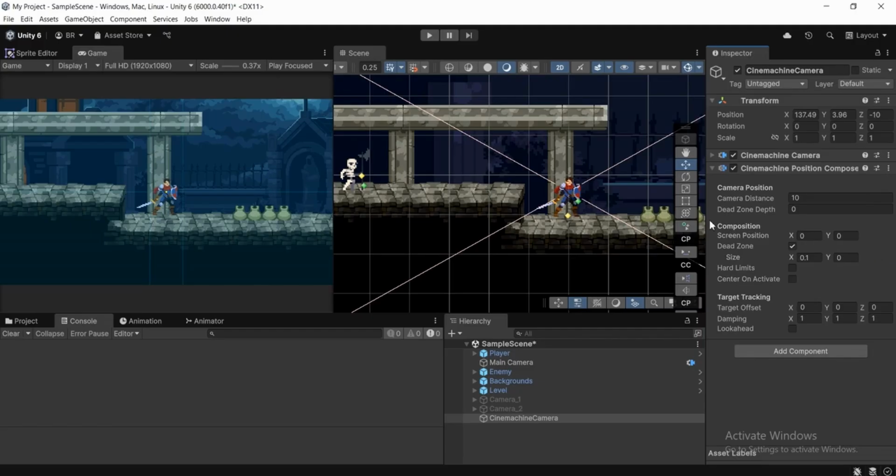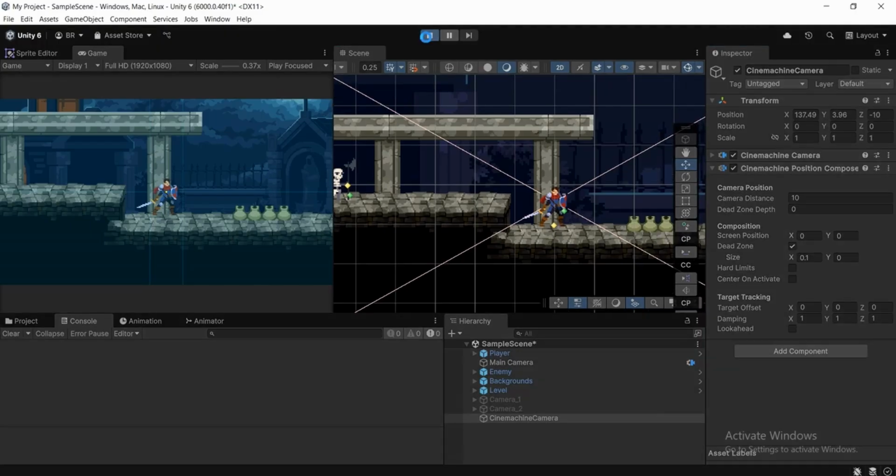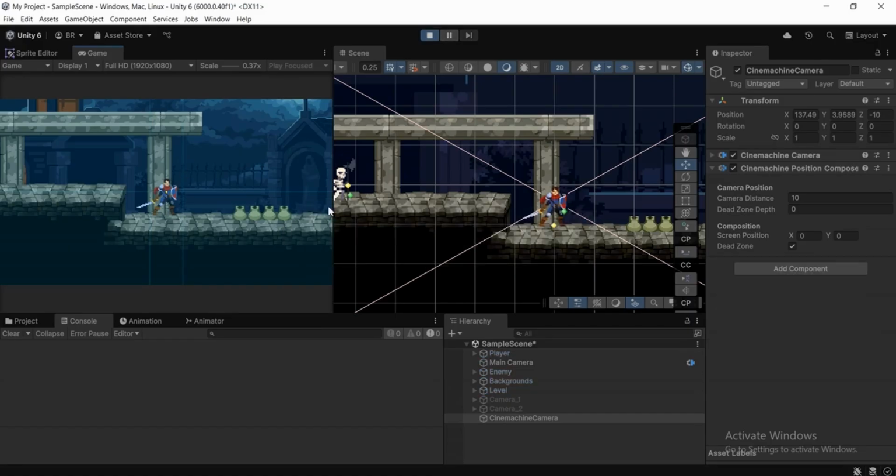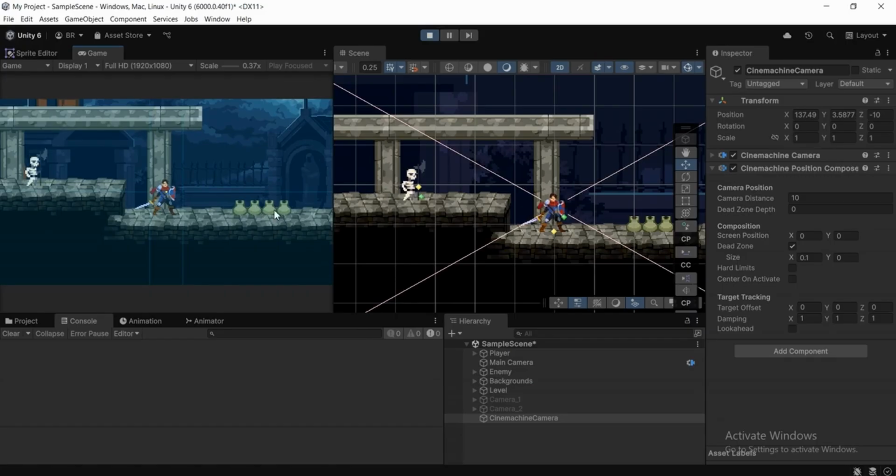And we want to do one more thing, so I'm going to click on this play button at the top in order to play my game. Make sure you select the Cinemachine camera in the hierarchy, then go over to the inspector and do those things. Let's suppose you want to cover up the right side, or the direction the player is looking, you just want to cover more. Then we need to change a setting. Basically we need to select our Cinemachine camera in the hierarchy, then go over to the inspector, the Cinemachine position composer component at the bottom,